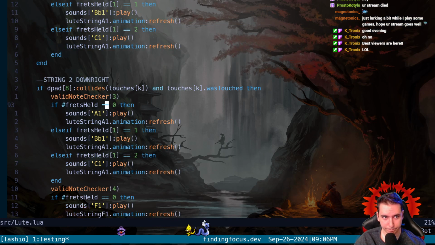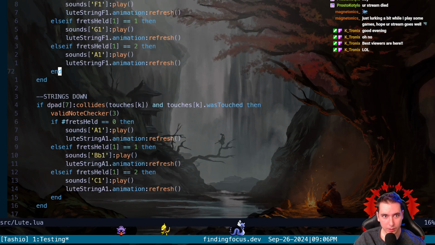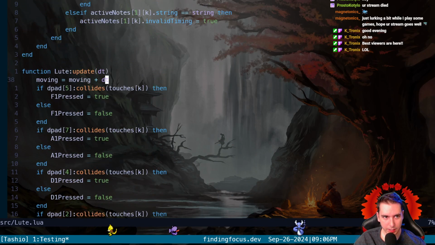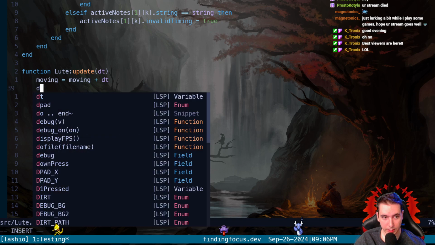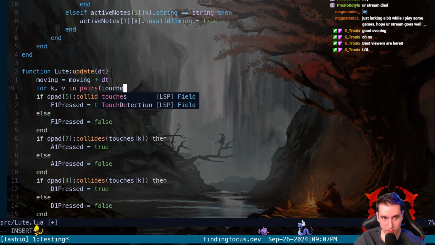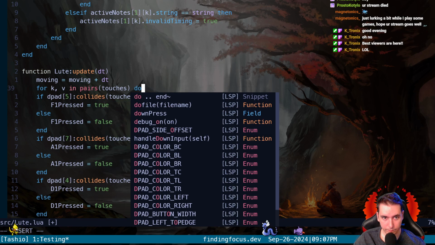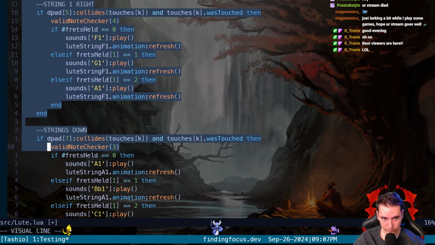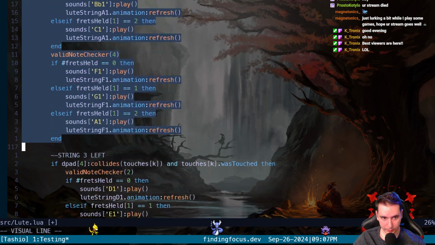So any of this touches stuff, touches at index K, we need to say for key V in pairs touches, do all of this touch, which is quite a bit.